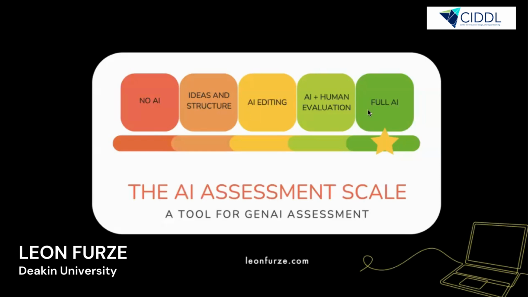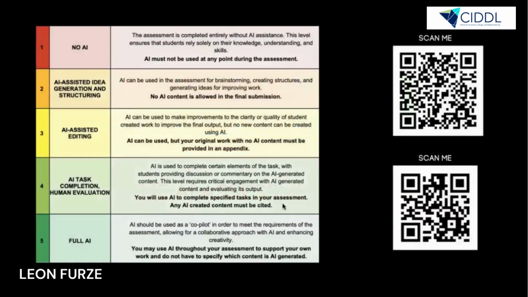So I'm going to talk through a few examples, but I'll just go over the scale in brief first. The scale runs from no AI to full AI. And the way that it works is really it's a conversation starter with students and a way of addressing with the students how AI can or can't or should or shouldn't be used in a given assessment task. So the QR codes there will take you to the two published papers on this, but just in brief,